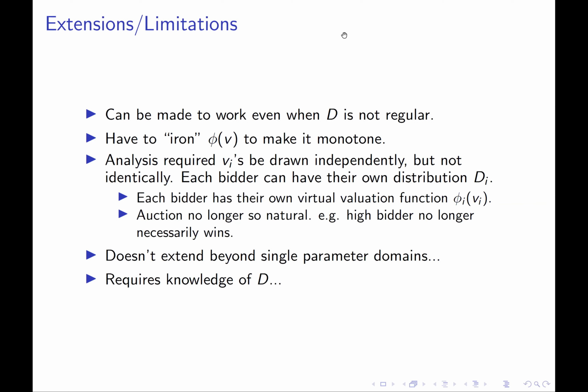Right, so to evaluate monotonicity, we have to think about what the mechanism does for every reported valuation. Okay, but this doesn't extend beyond single parameter domains. And then